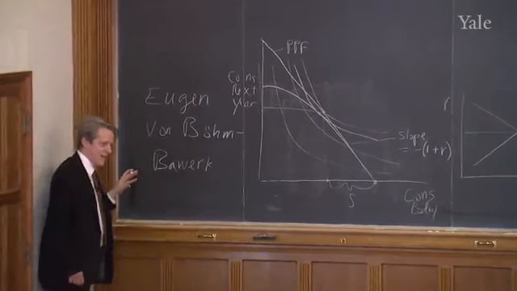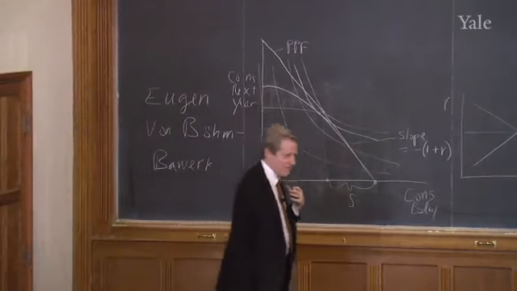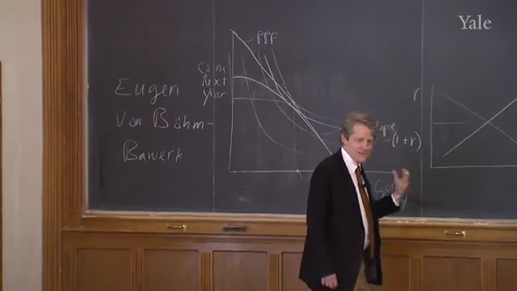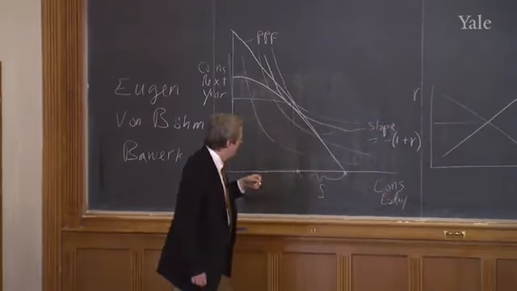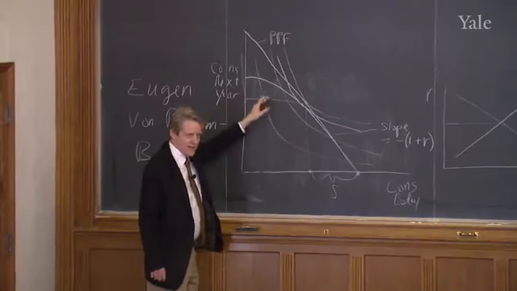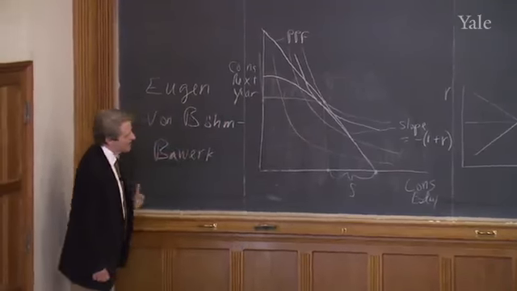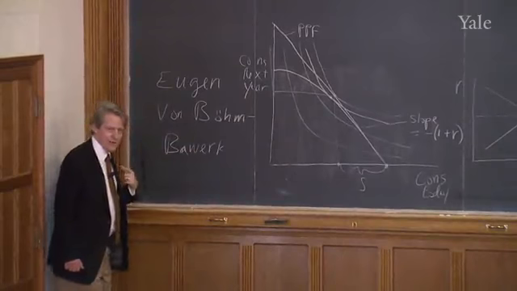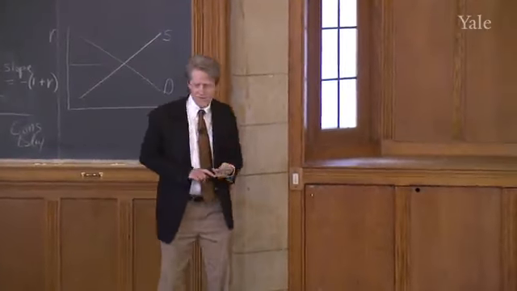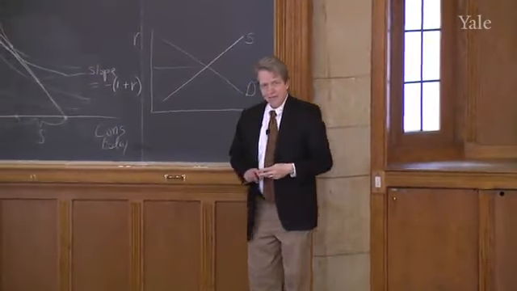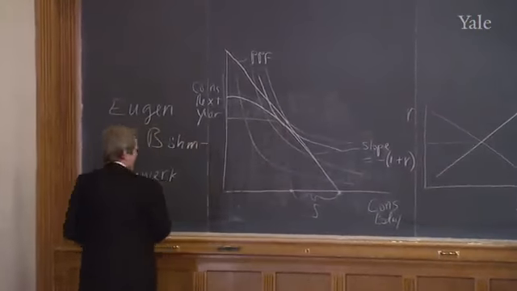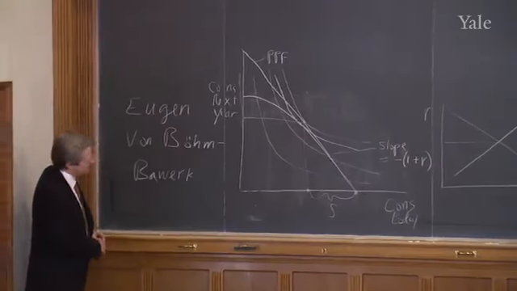And this was the insight that Böhm-Bawerk maybe had a little trouble getting. There's two different things determining the interest rate. One of them is the production possibility frontier, and the other one is the indifference curves. Now we have all of Böhm-Bawerk's causes. We've got roundaboutness, we have technical progress, and we have impatience. Well, the impatience would be reflected by the slope of the indifference curves.